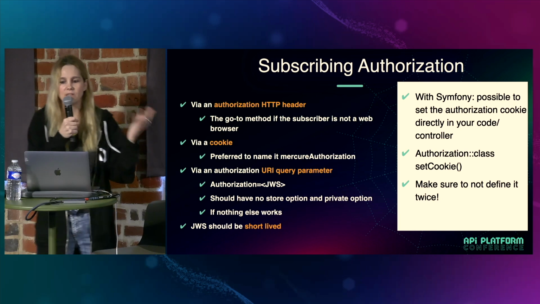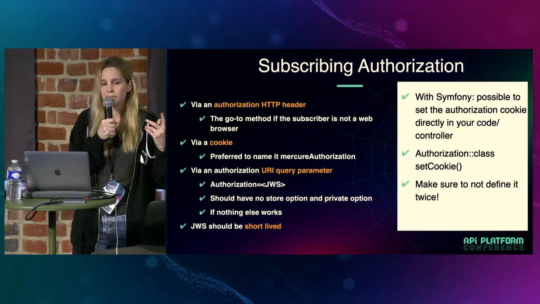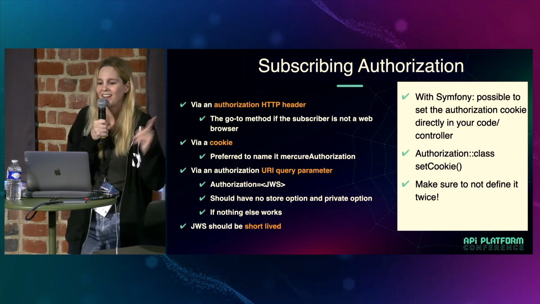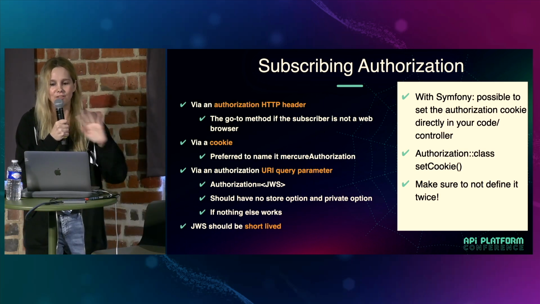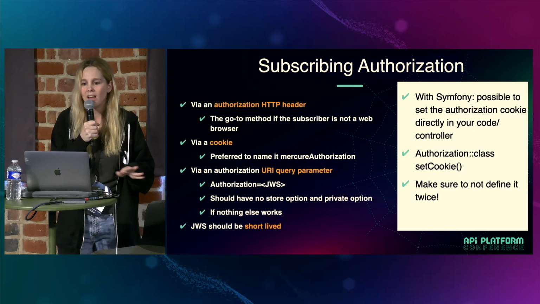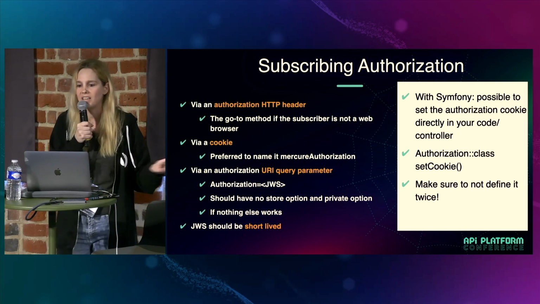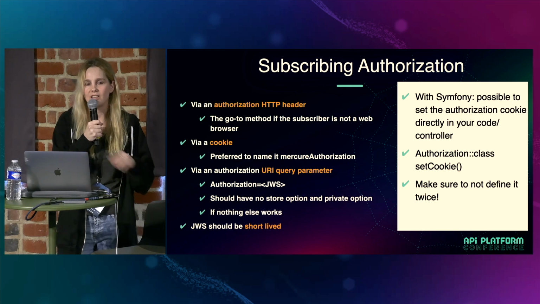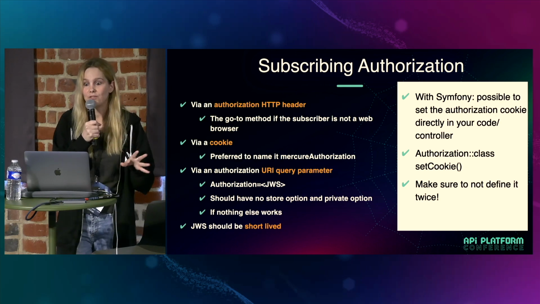And in fact, Symfony's Twig extension does this for you. But don't do it, actually. An authorization URI query parameter, but again, don't do it because it's not secure at all. It's a last resort option when nothing else works, but even in that case, try to do something else. Or, if you have to do it,